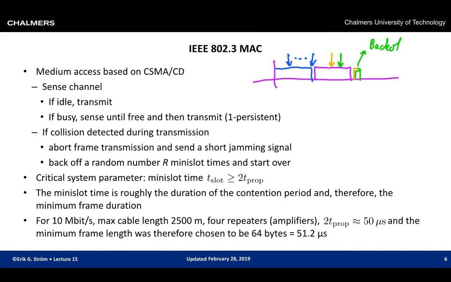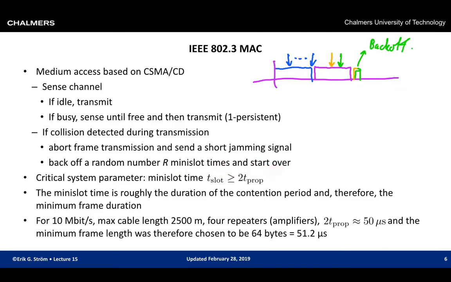Like this. So CSMA with one persistence. CSMA with collision detection, basically as we talked about earlier in the course. When collisions are detected during transmission, one aborts the ongoing transmission. So we cut these colliding frames short, and then back off a random time of mini-slots time,